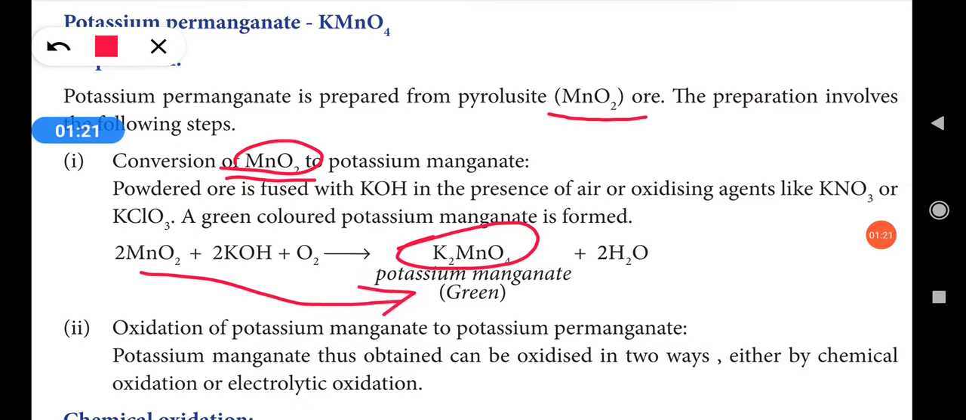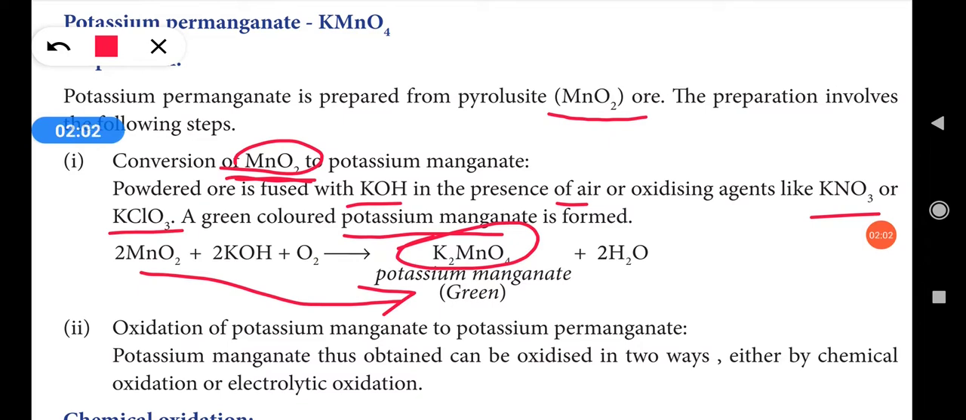So first the powdered ore is fused with KOH. Fused means melted and mixed with KOH, potassium hydroxide, in the presence of air or oxidizing agents like potassium nitrate, KNO3, or potassium chlorate. So we can get a green colored potassium manganate. This is the equation. MnO2 plus KOH in the presence of oxygen will form potassium manganate, which is green in